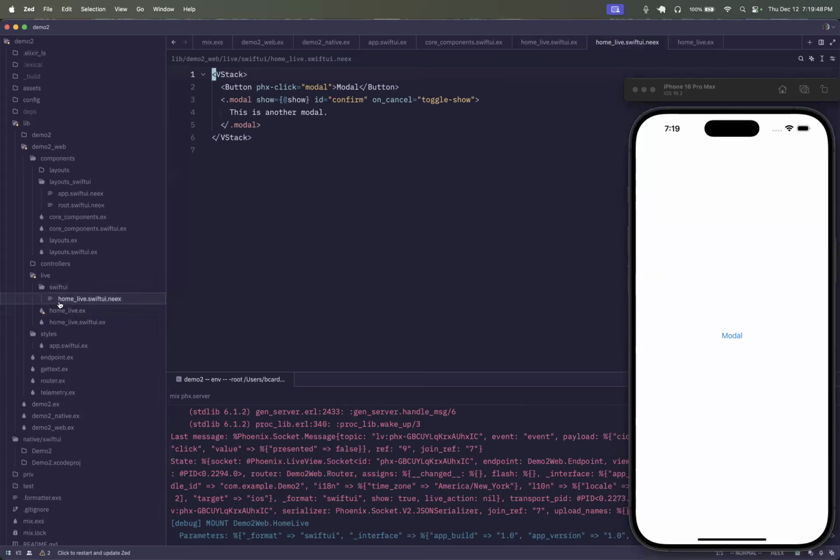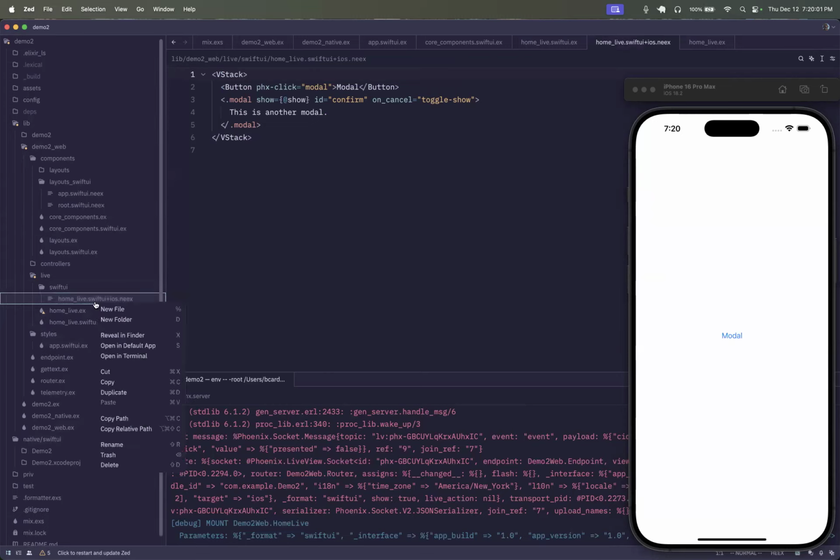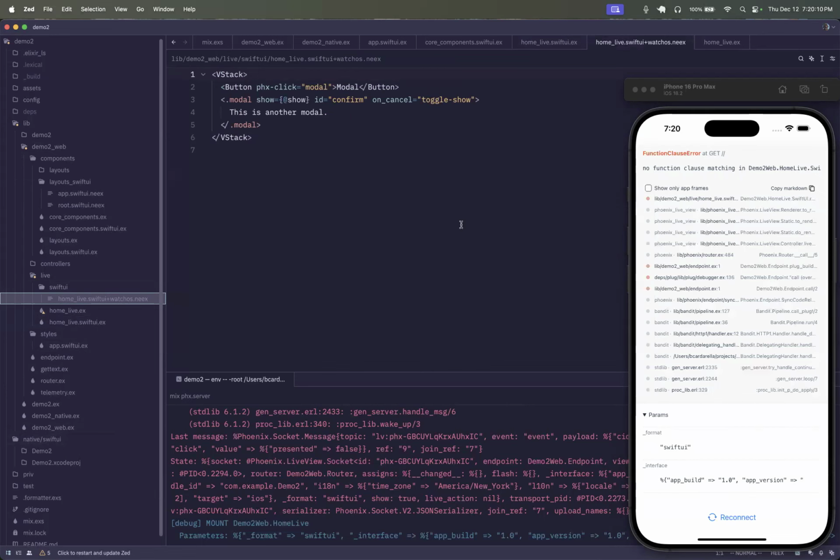So the name of this template right now is home_live.swiftui.neeks. I'm going to rename it to home.swiftui+ios. And this allows us to keep it as an iOS-specific template. If I were to rename this to watchOS, this will error because it doesn't have a matching render function at this point. And so this allows us to do really complex application builds that target specific